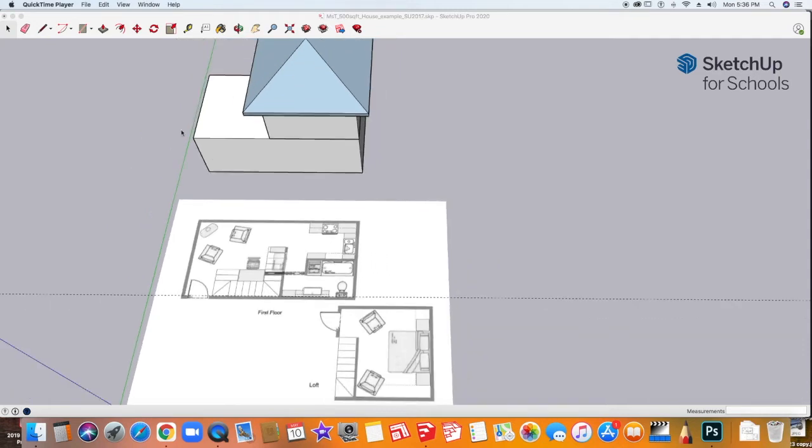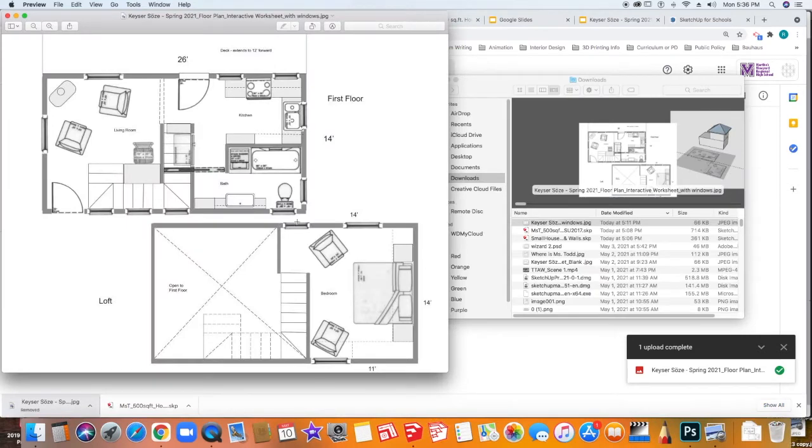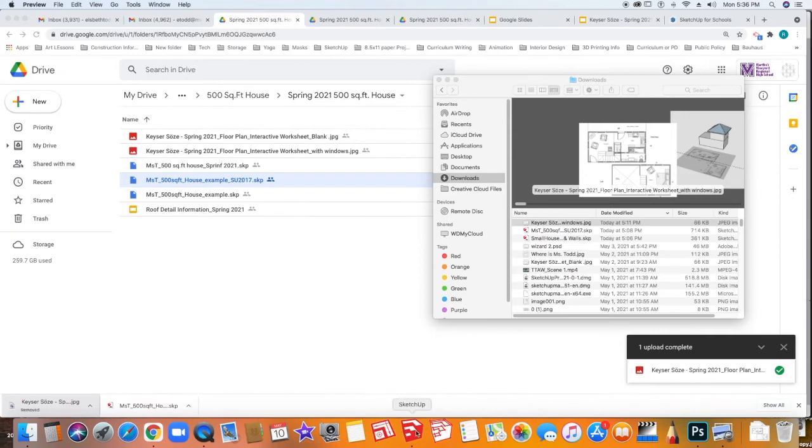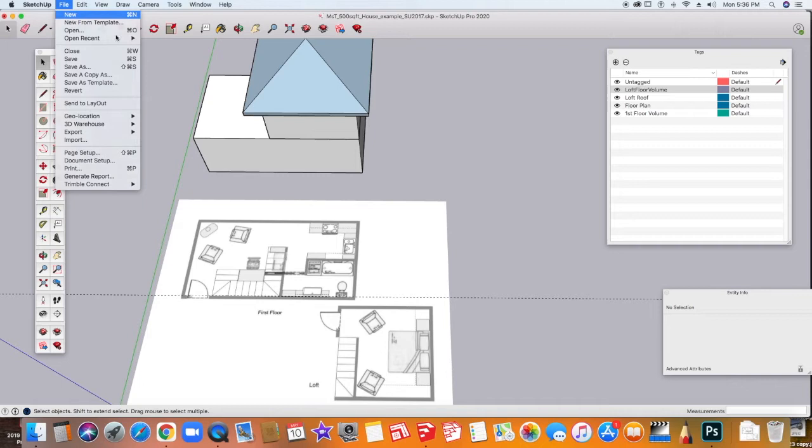So I want to show you quickly what you have to do. Go and download your floor plan. This is my floor plan here. You can see the windows and so forth. What I need to do is I need to rescale it. However, if I rescale it in this file, I will rescale everything else in the file, and I don't want to do that. So I'm going to start a new file,